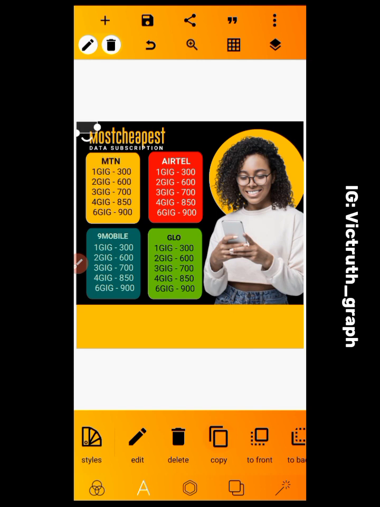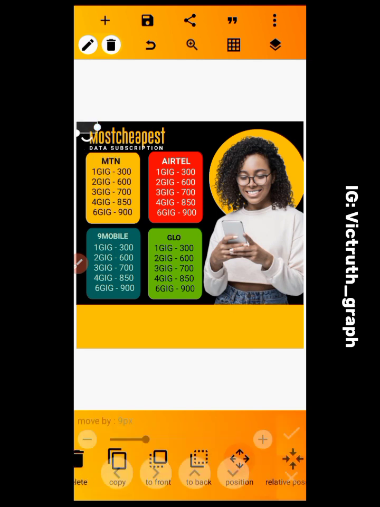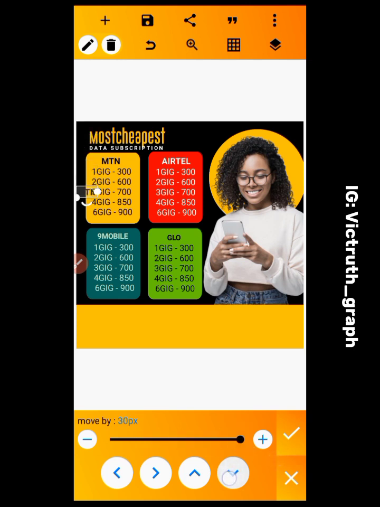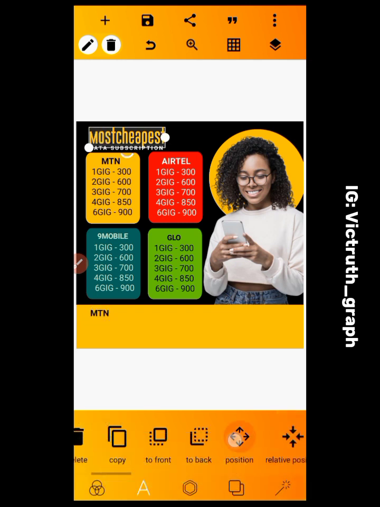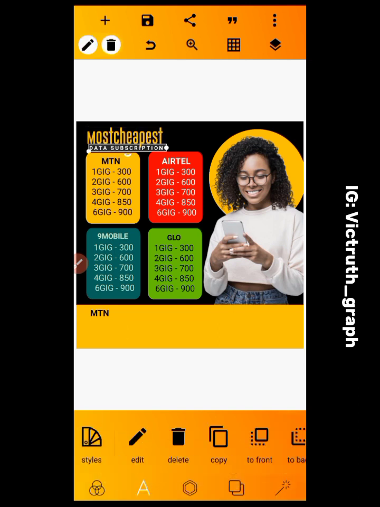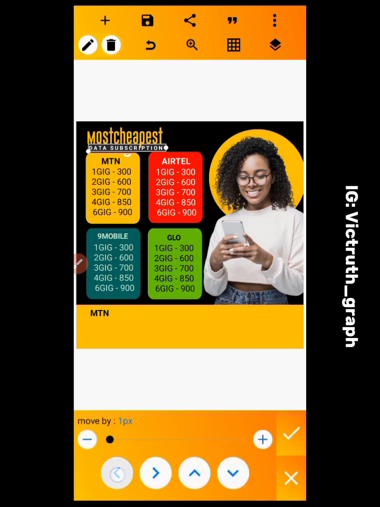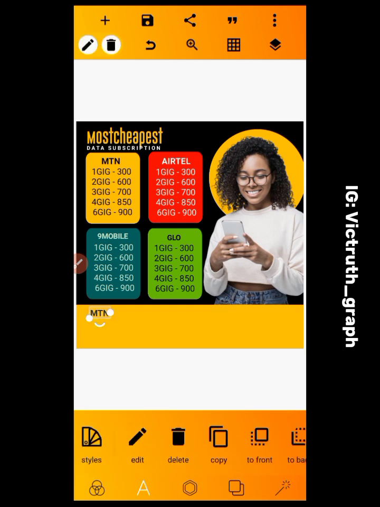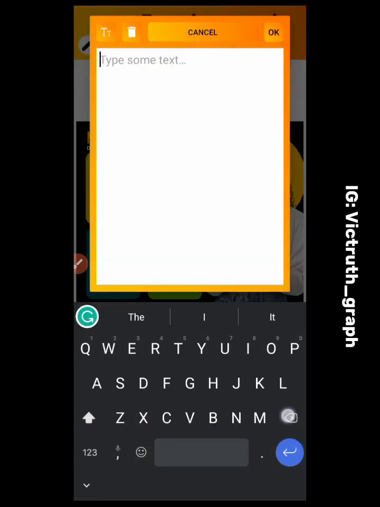So the next thing to do is to add your payment option. So I'm going to copy the MTN size formats and then edit the text position. So you make sure that everything is well aligned in order for you not to have a scattered design. So I'm going to edit this text, align everything, edit text. So pay into,